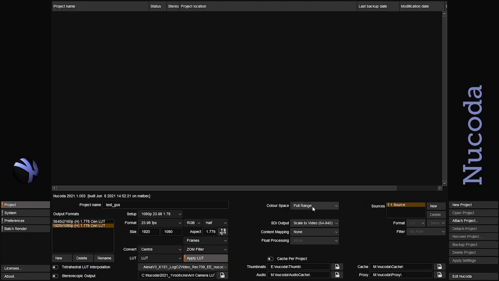Here on the right side are the color spaces that we can work on. We have video empty, full range, scene and log. Video log is here for legacy reasons, but we don't recommend using it, and ACES, which is fully color managed. Video range, full range, and scene and log are basically display referred. So the color that you're going to be doing is going to be based on the display you're working on. So be careful to be using these with a proper calibrated display for you to be sure what you're seeing